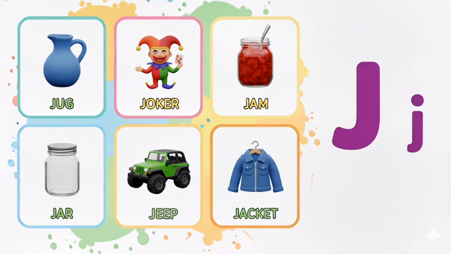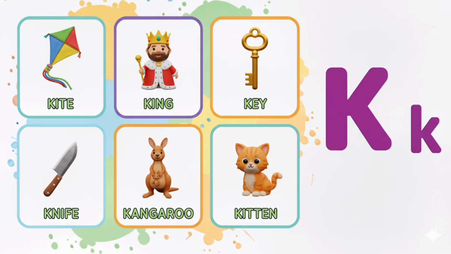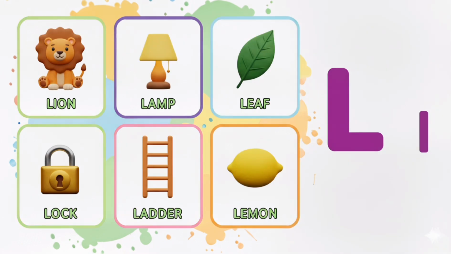for jug, J for joker, J for jam, J for jar, J for jeep, J for jacket, K for kite, K for king, K for key, K for knife, K for kangaroo, K for kitten, L for lion, L for